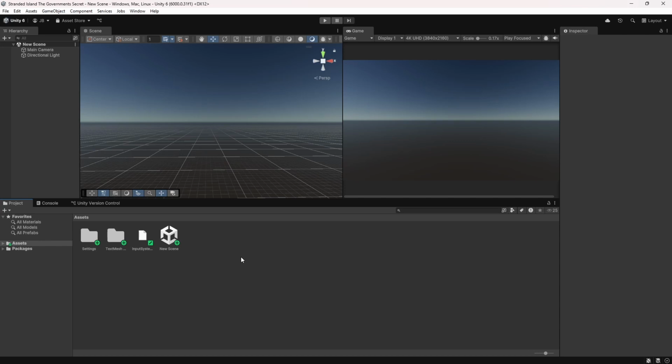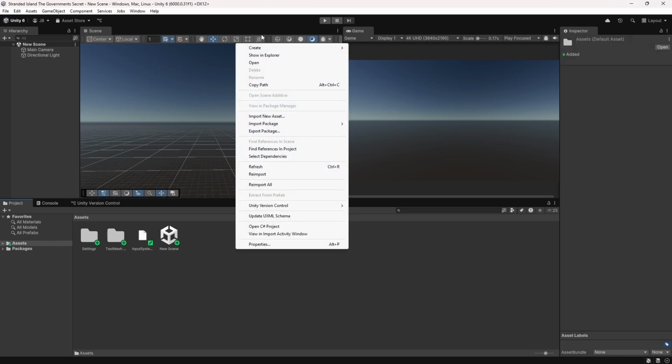Today I'm working on my game, The Stranded Island, The Government's Secret. The whole purpose, or my whole plan for this game, is to be a small little coin collect game. It's just a starter project, to kind of get me going out there. So what I usually do when I first start developing a game is I organize my